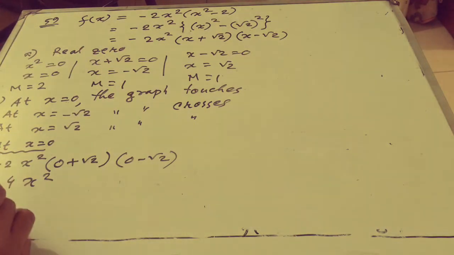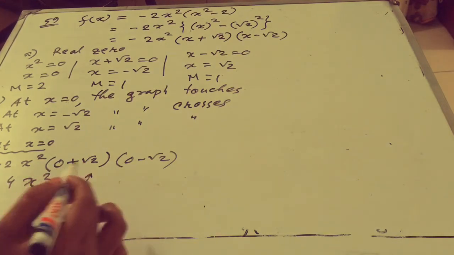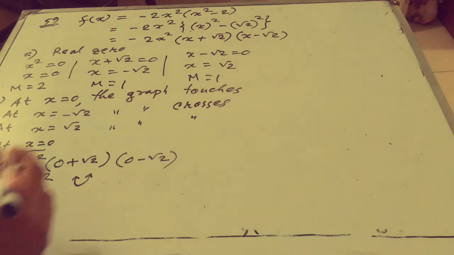And this part right here is actually an up-opening parabola, because 4x squared, x squared means parabola, and there is a plus sign here, so it is an up-opening parabola. So this is the behavior at x equals 0. Now let's look at x equals,